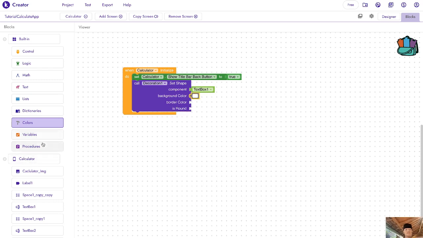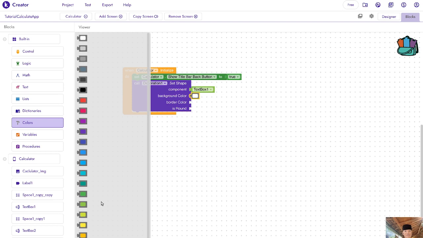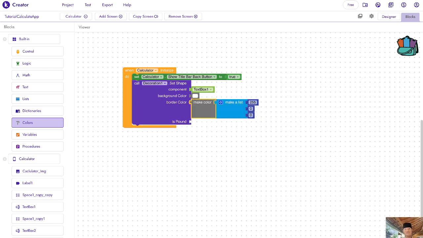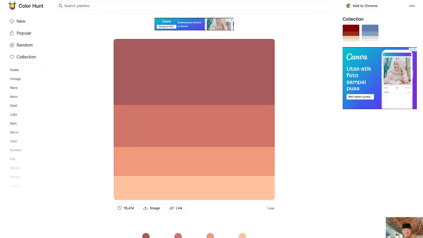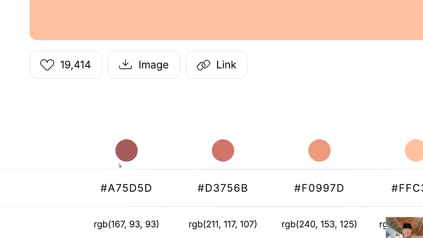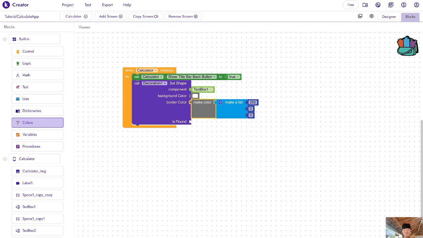But border color, we're going to change the border color there because there's no option of that color. So we're just going to make some new color here and go back to the color palette. They have the RGB things here. So I'm going to use this darker part. Just memorize this first. 16793, and this 193 either.